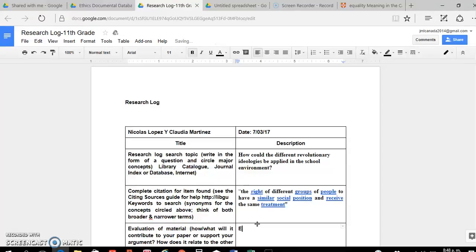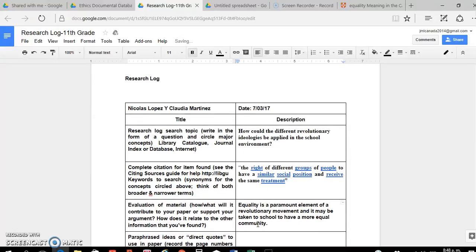And we can say, for example, equality is a paramount element of a revolutionary movement, and it may be taken to school to have a more equal community. Here we've paraphrased the ideas, and we can say,